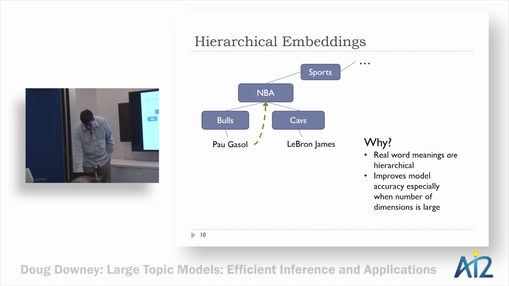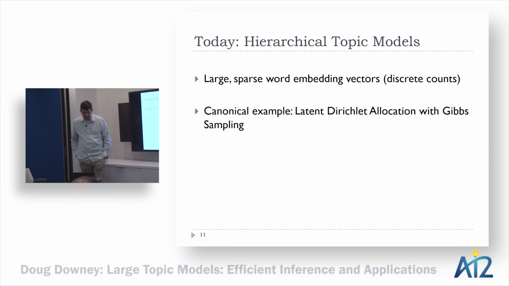Okay, so that's the idea, and then we can use these hierarchies to model things precisely when data is plentiful, and then back off to more coarse-grained models when data is more sparse. All right, so the setting that I'm going to talk about today is the case where the embeddings are large and sparse. So a lot of the dimensions are 0, and the number of dimensions is large, and we're going to get up to like 1 million dimensions.